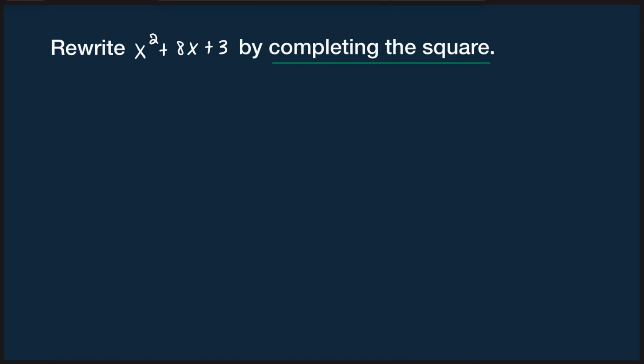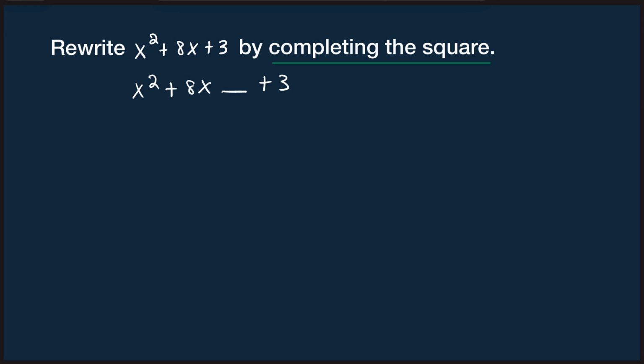Hello, in this lesson, we are completing the square step by step. And our first step to take is to write the expression. And I'm going to write it with a blank. That is x squared plus 8x, and then we have a blank plus 3. And the reason why I'm doing this, leaving it blank, is because we're going to add a number that creates